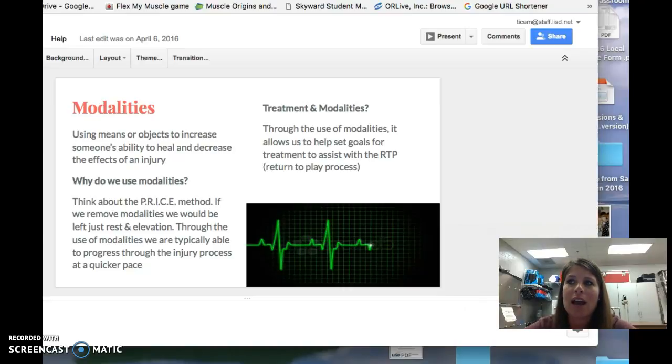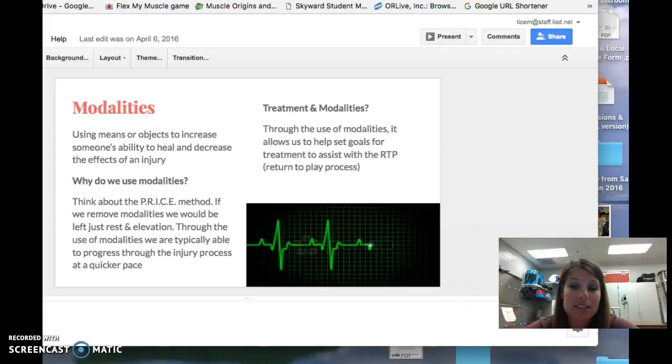All right. I bet if you sat and thought about it, you could think of several that you see us use in the athletic training room. But why do we use these? Clearly, the goal is always going to be to heal and return that athlete to play. So if we can use these modalities that help increase their ability to heal or even to return back to where they were before they were injured, or to get them done faster, that is part of the reason why we